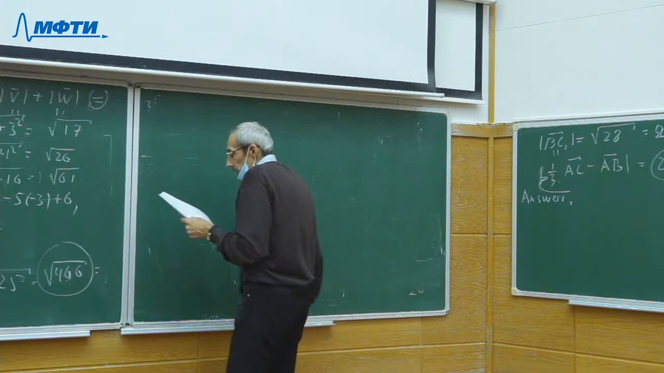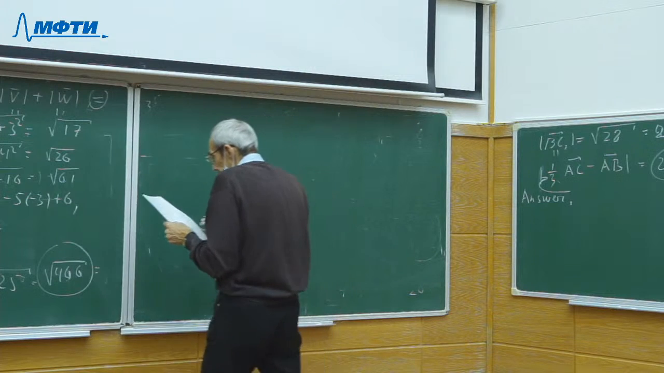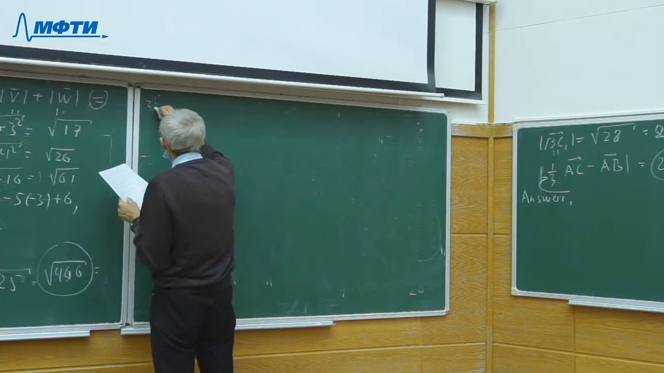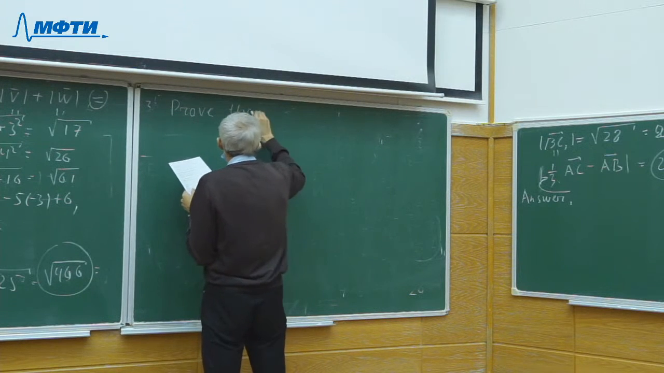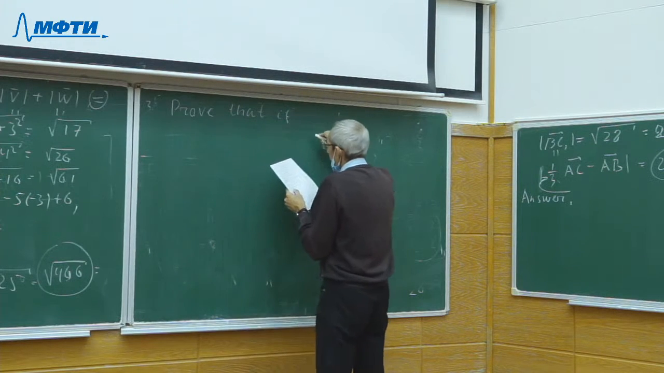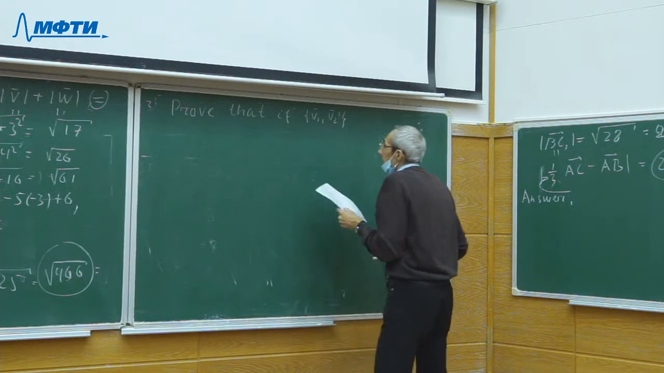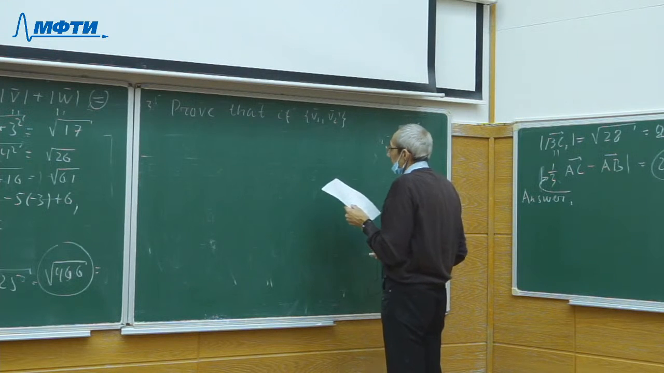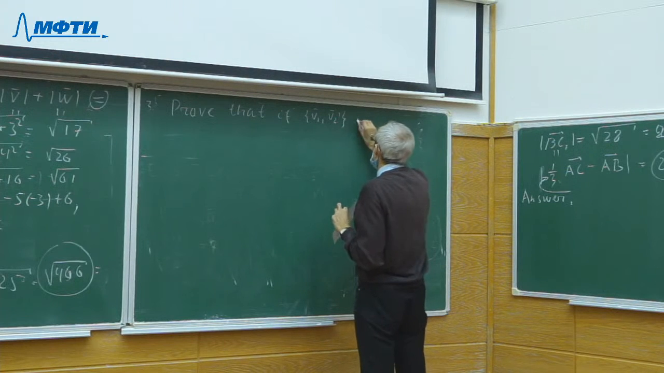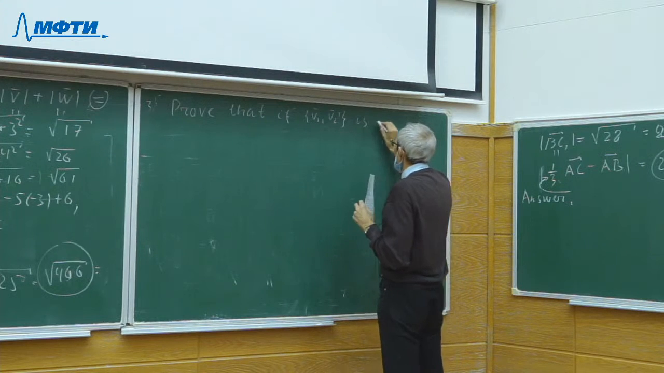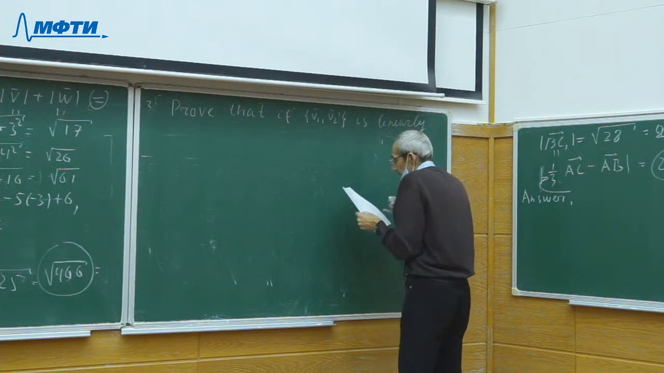This exercise is part of the theory of vector spaces. Prove that if vectors v1 and v2, the set of these vectors v1 and v2, is linearly independent,